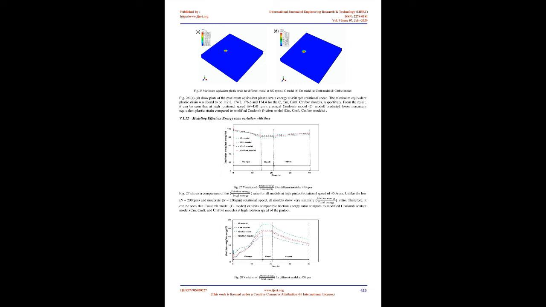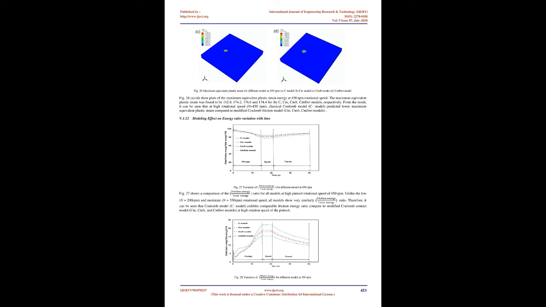From the result, it can be seen that at high rotational speed, n equals 450 rpm, the classical Coulomb model, C model, predicted lower maximum equivalent plastic strain compared to the modified Coulomb friction models, CM, CMFT, and CMFT-WT. Fig 27 shows a comparison of the friction energy to total energy ratio for all models at high pin tool rotational speed